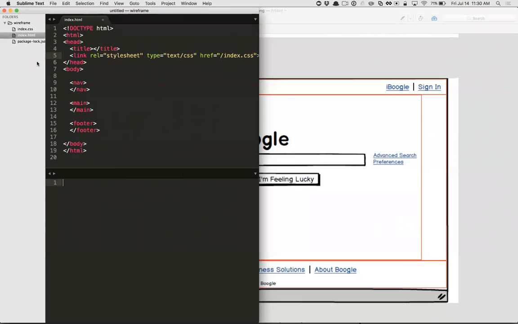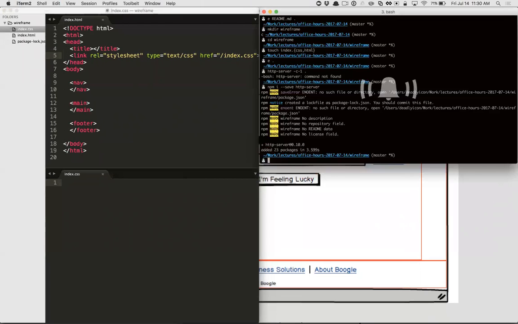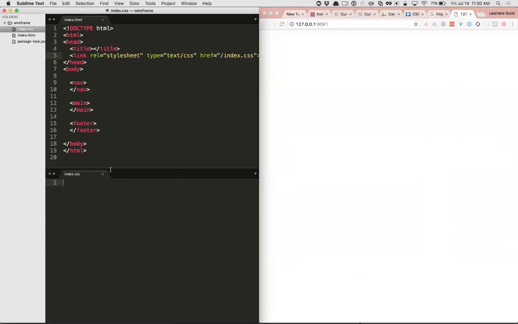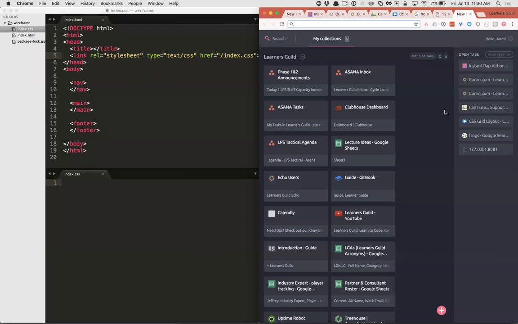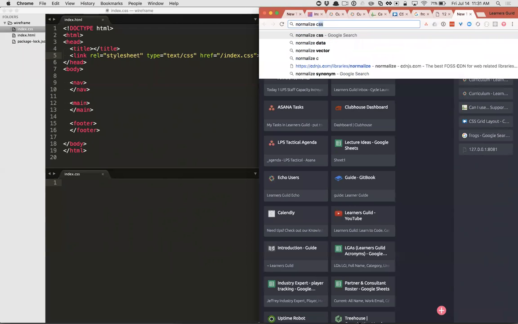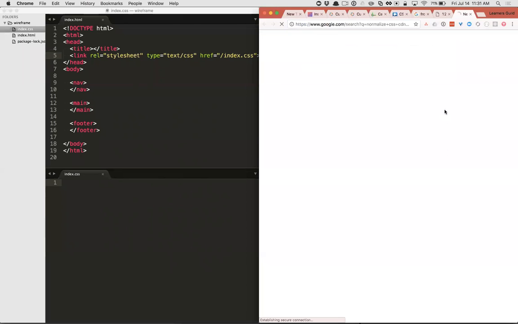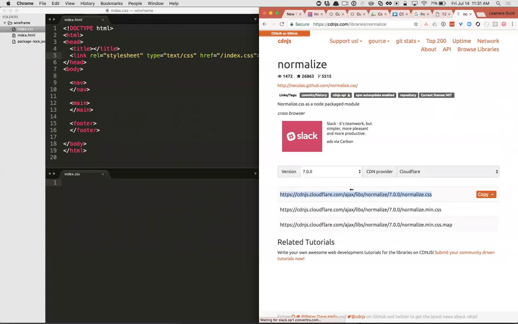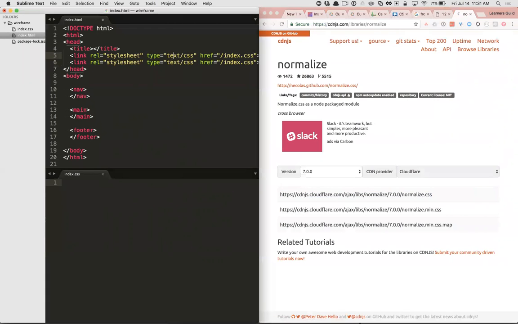Okay. And then in my style sheet, I would actually start by, since we're doing this from scratch, doing a reset style sheet. But again, a lot of that's going to be done for you for the vast majority of the wireframes you're doing, unless you're doing a brand new site, which is pretty rare. But just for the sake of simplicity, I'm going to get normalized CSS from a CDN, just for the purposes of this talk. And I'm going to link to that first.